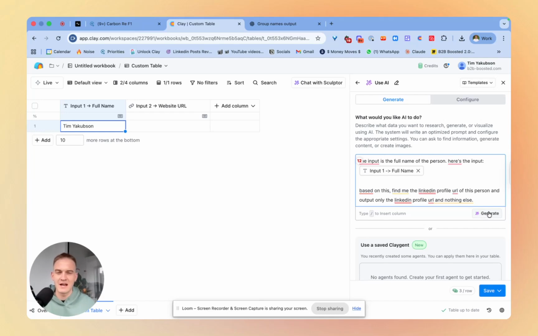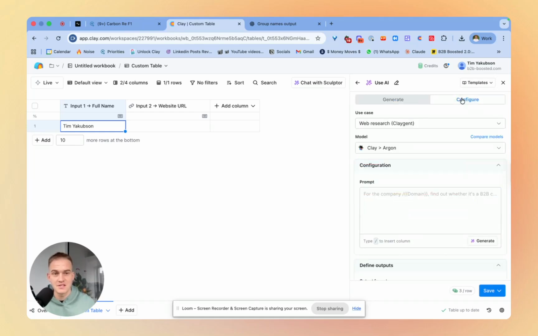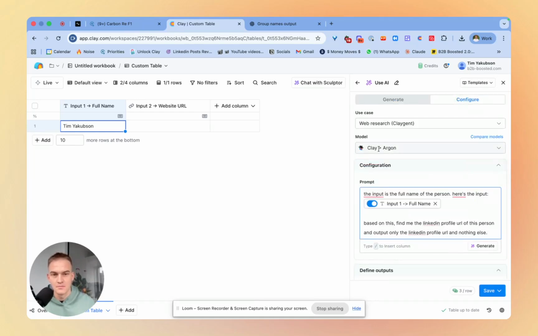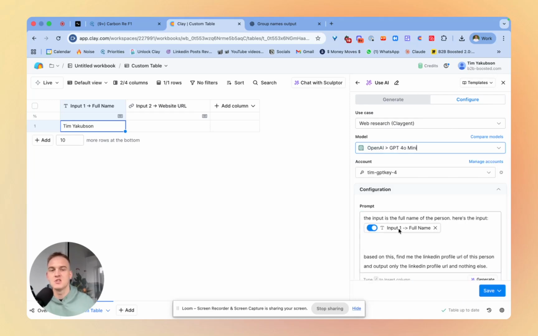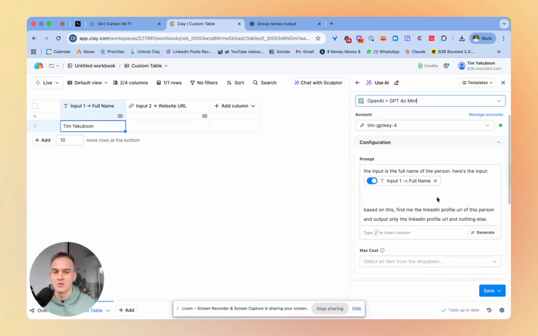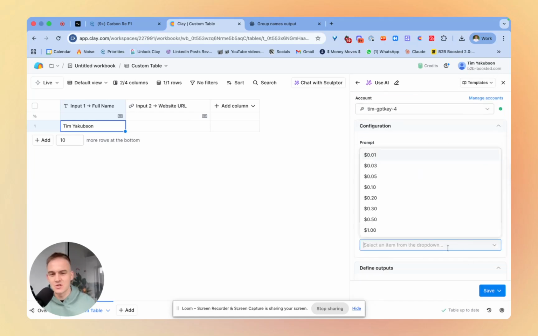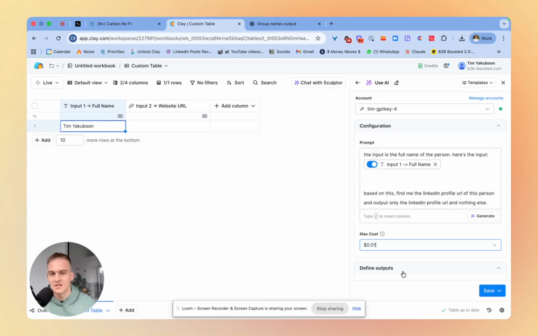If I want to enhance the accuracy of this, I can always click on generate. But for the time being, I'm just going to copy and paste this into the configure part over here of the prompt. And then I'm going to select the model to be GPT 4.0 mini because it's going to be a lot cheaper than using a more expensive model inside of Clay. So after that, I can also estimate the maximum cost over here. So I can go as high as 1 cent. Just in case, I would recommend doing that just to make sure that you're not spending millions on this by accident. And then just click on save and don't run,